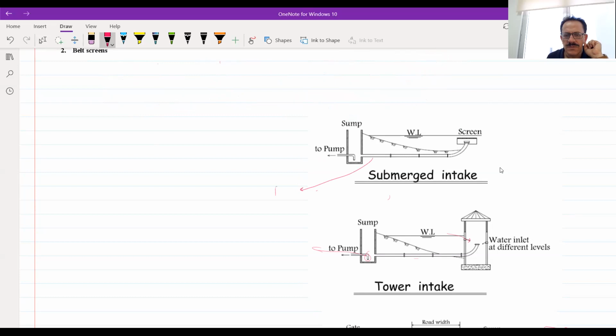These pipes usually should be more than one, and also more than two, because usually one is not enough, and two will be okay, but in case one of them is out of service, you need to have another one free. So starting from two, plus the emergency or standby.